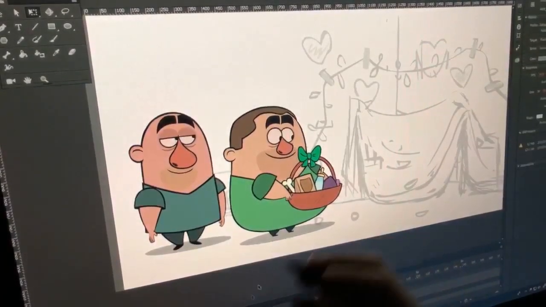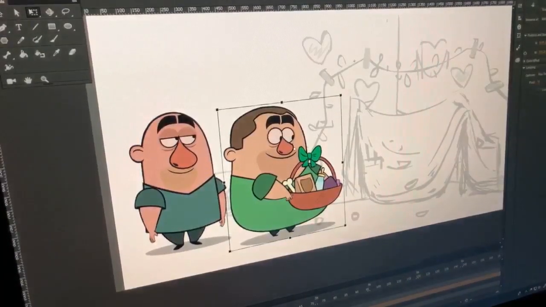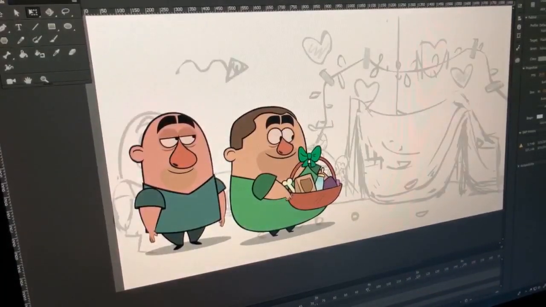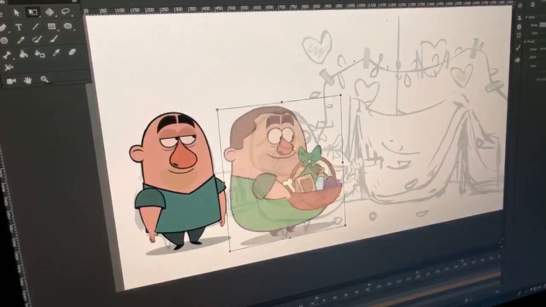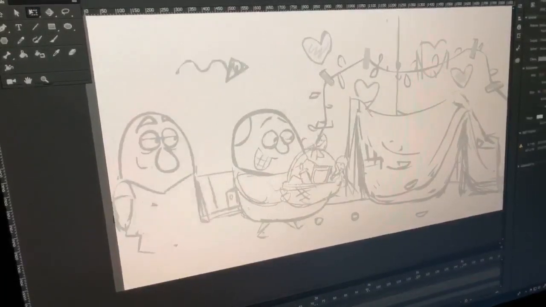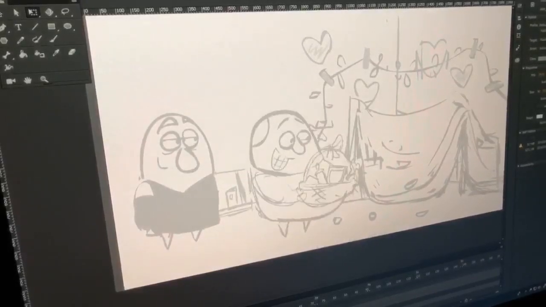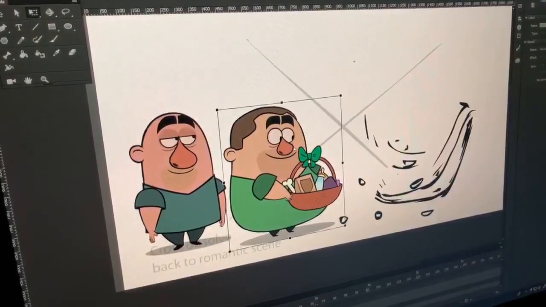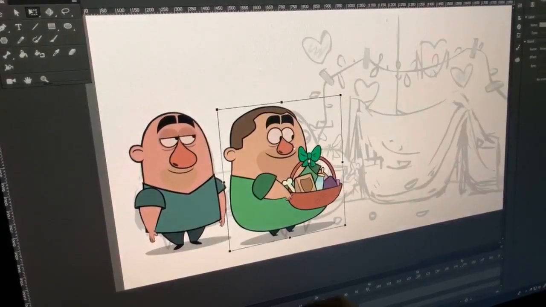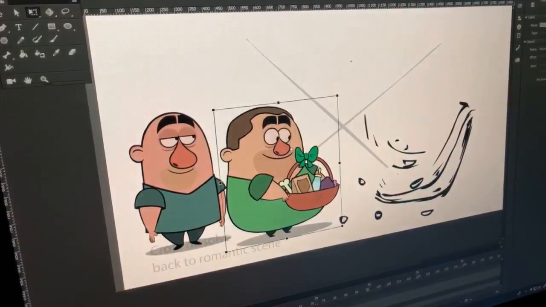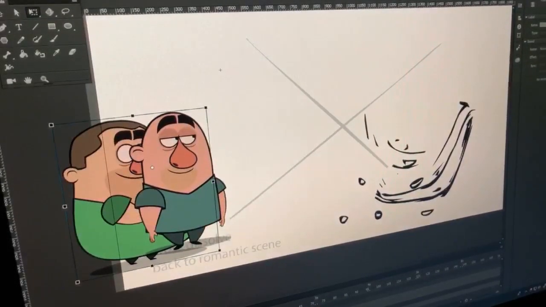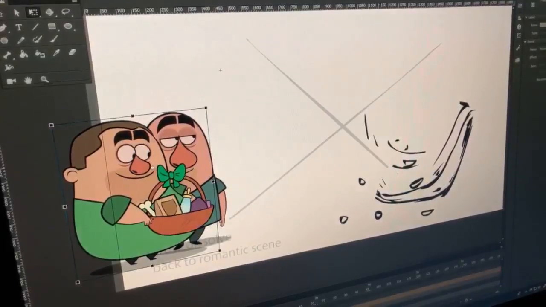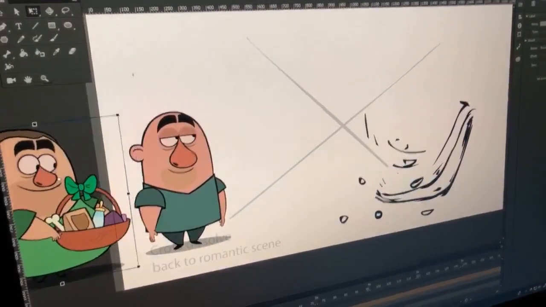So now Abo has the basket. I'm gonna want Abo when the scene starts. Abo needs to walk in. So I'm gonna turn off these objects and just see what the storyboard is showing me. So he's gonna walk in and then stop around here. So I'm gonna create a keyframe here, and a keyframe at frame 1 and a keyframe at frame 38. Then I'm gonna move him back. Oh, and he should actually be in front of Karo, so I'm gonna move the layer up. I'm gonna move him back off screen.